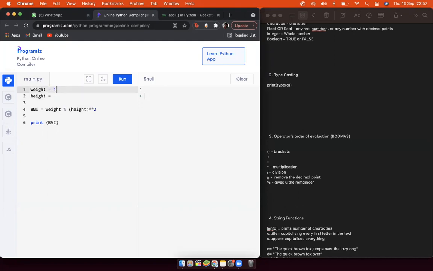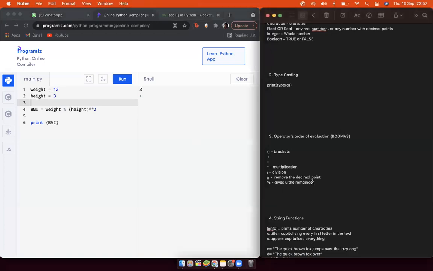Let's do 12 and a 3 over here. This will basically mean 12 divided by 9, because in this formula it is squared, and it will give out the remainder, which is 3. 12 divided by 9, the answer would be 1 point something. If you remove the decimal point and just write the answer 1, the remainder would be your 3. Any questions about the operators and order of evaluation?